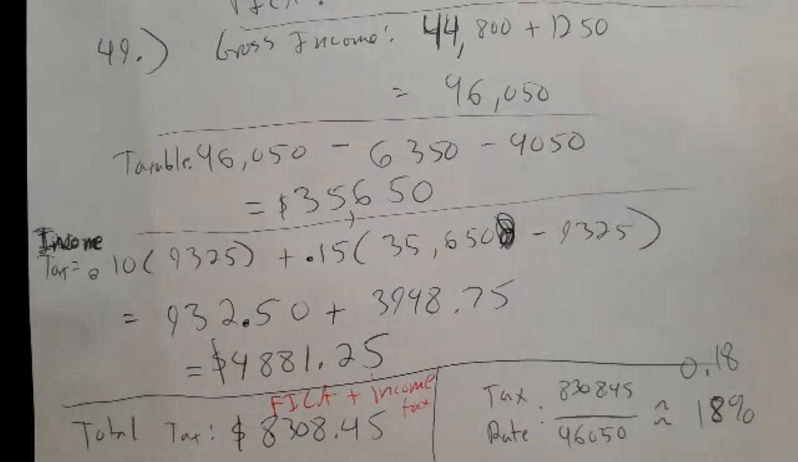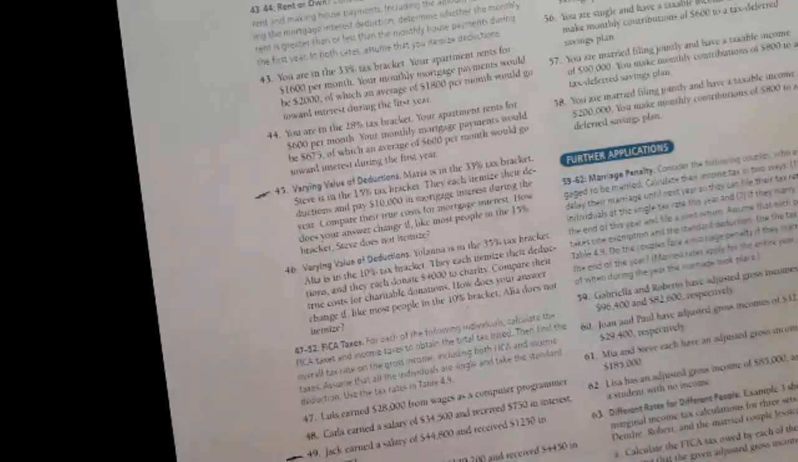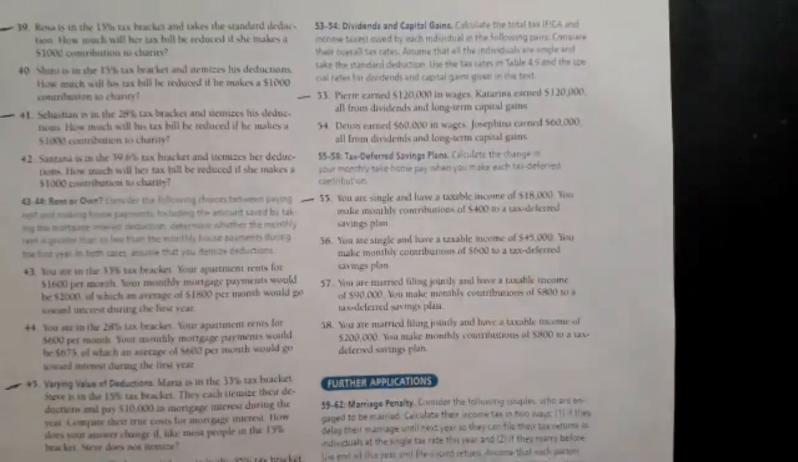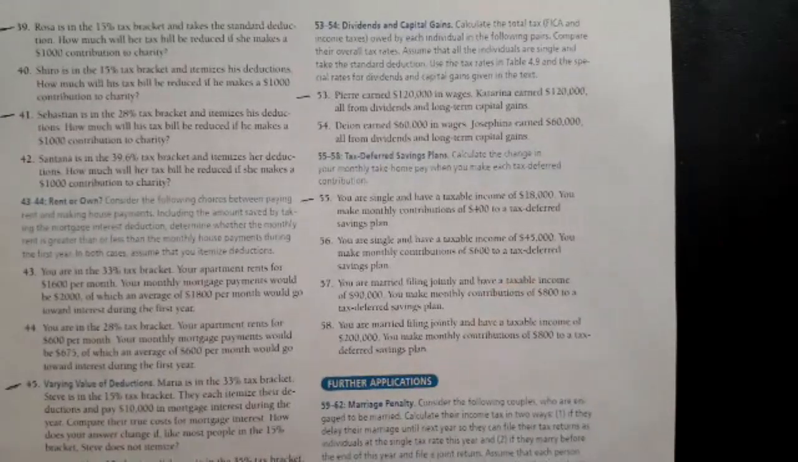That is 49. The next one we have is 53. So they want us to calculate FICA. They want us to calculate income tax. They want us to figure out the total tax, and they want us to figure out the tax rate. They say that Pierre earns 120K in wages. Katerina earns 120K from dividends and long-term gains. And so right away, if we're figuring out FICA,